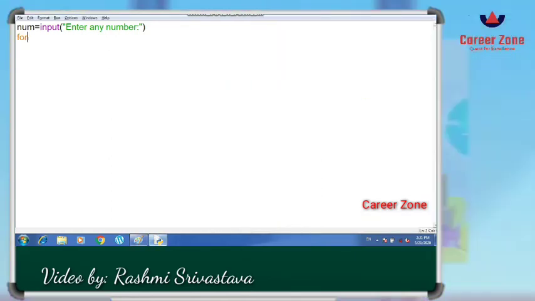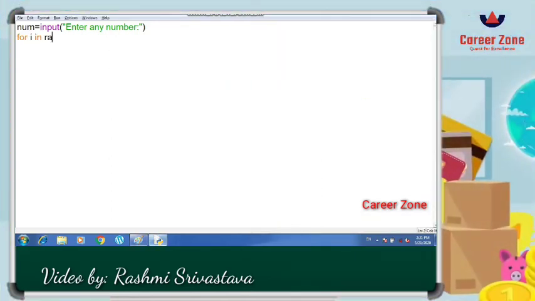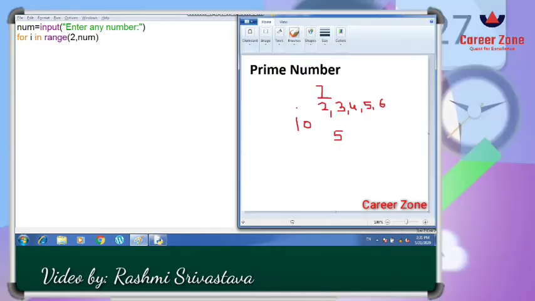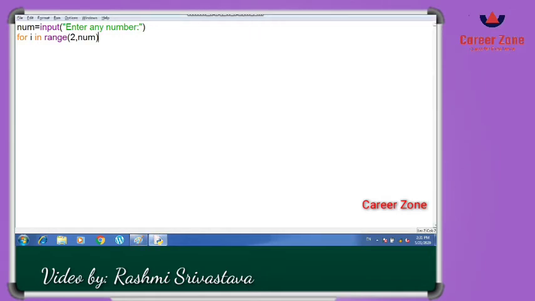So I am going to use a for loop here, in which I will take i as a counter variable, wherein I will start the loop from 2 till num. Num as the upper limit will be excluded, so it will divide the number starting from 2 to 6, assuming that the number input by the user is 7. Then I'll write the dividing statement. I will use an if statement here.